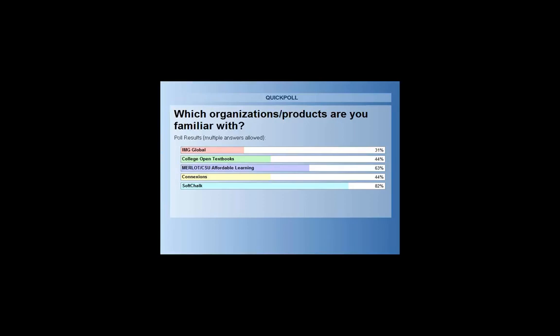So here we go. Interesting data. I think a lot of these folks come in here from having received SoftChalk emails, but the awareness of IMS Global, College Open Textbooks, Connections, and Merlot. Merlot is right next to SoftChalk with awareness of our audience. Okay, nice to know who is joining us. If we have time later on, I'm going to ask you which of those technologies you're actually using. So at the moment, I'm going to hide that, and